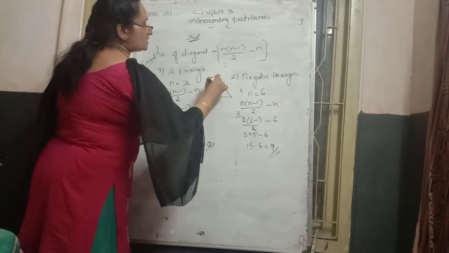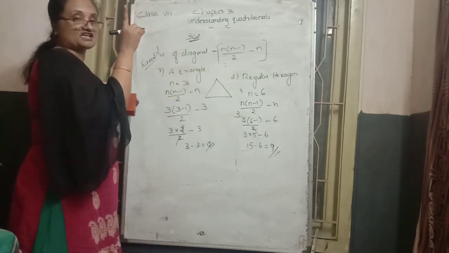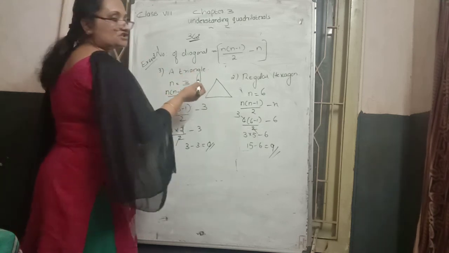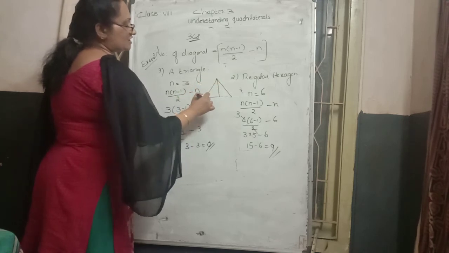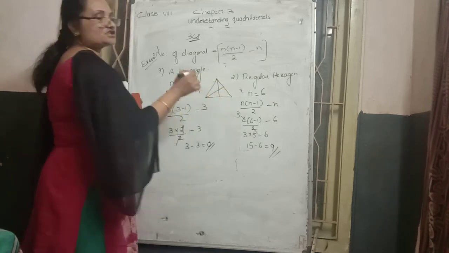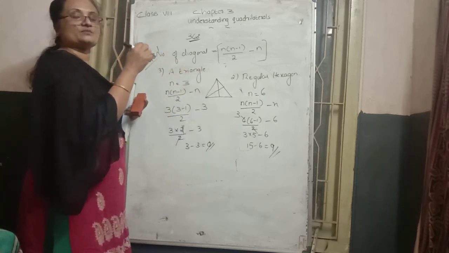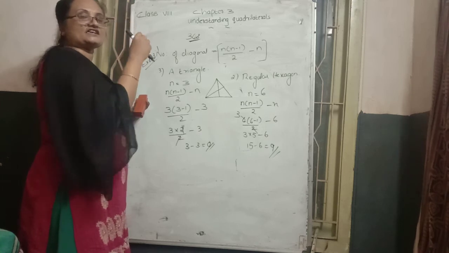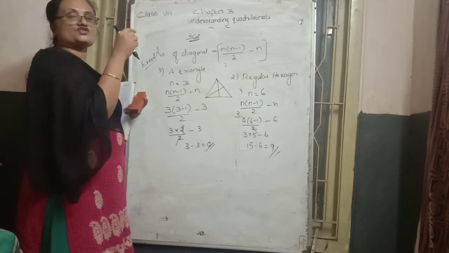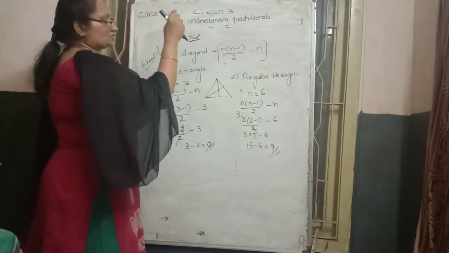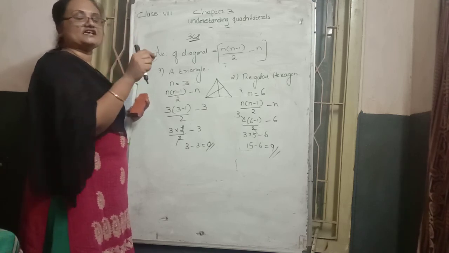How is that possible? A diagonal means opposite vertices joined with a straight line. Here there is no opposite vertex. That's why this is a median. Here also we draw a median and altitude only, not a diagonal. These lines represent the median and altitude. A median in a triangle is a line segment joining a vertex of the triangle to the midpoint of the opposite side.